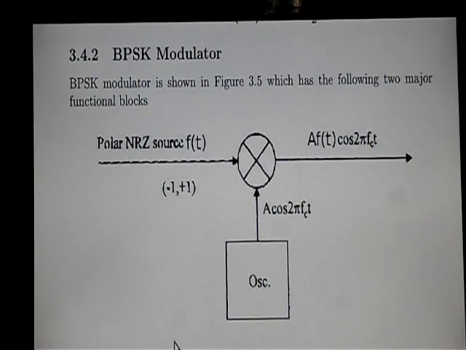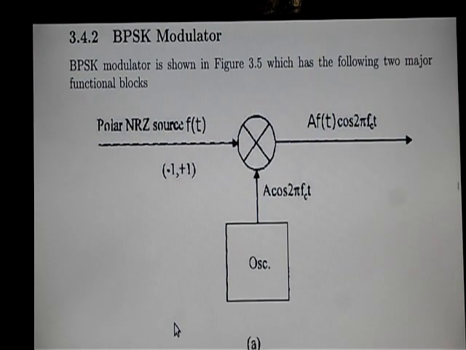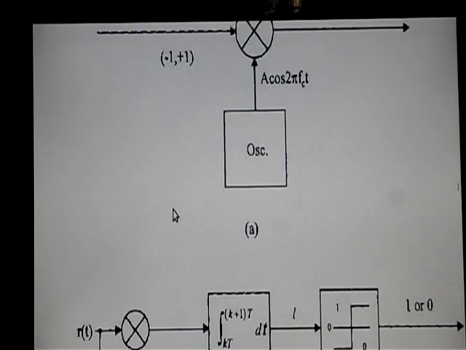We will see shortly what this f of t is. Then you have a multiplier which multiplies the output of the oscillator and the output of the NRZ source, and gives you the product of these two signals, which is A times f of t cos of 2 pi fc t, and this is the BPSK modulated signal. This is the block diagram. Let's discuss these blocks